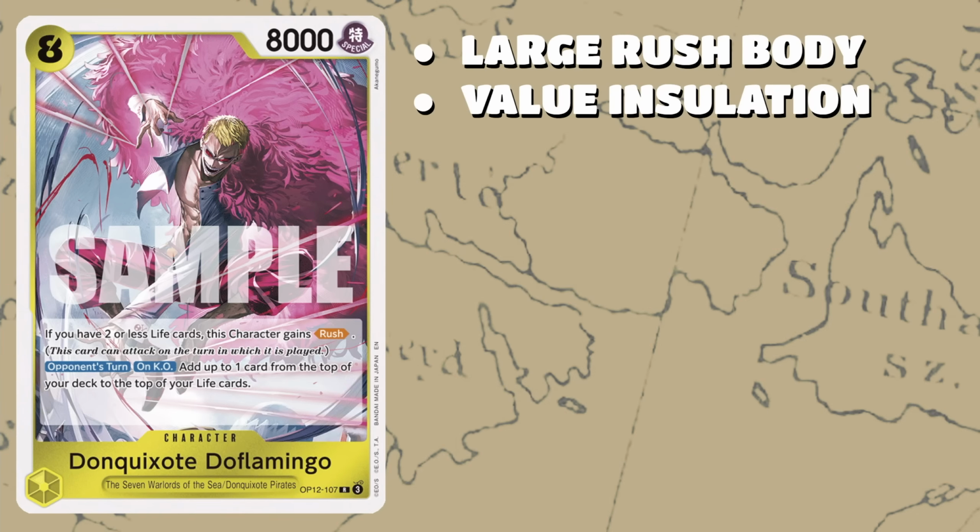If you have 2 or less life cards, this character gains Rush. Next to the Jinbei, this is the easiest Rush card to play, and one of the scariest. It also has on opponent's turn on KO, add up to 1 card from the top of your deck to the top of your life cards. So it comes out and immediately gets aggressive and gets in there, and if your opponent needs to take care of how many attackers you get by getting rid of it,